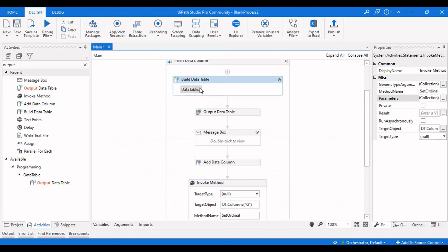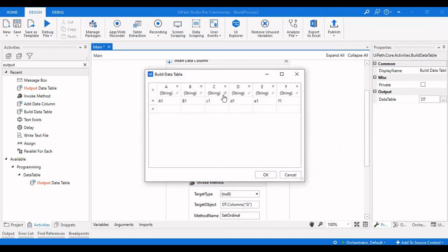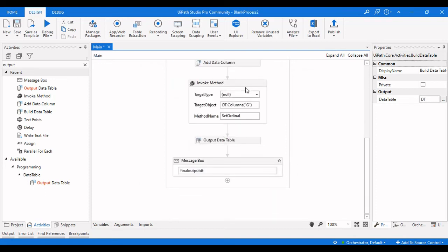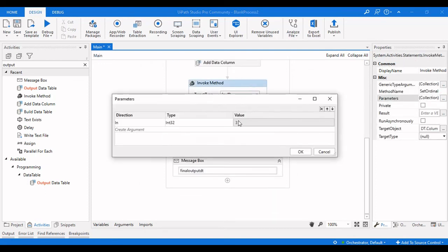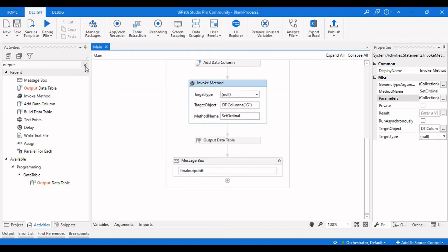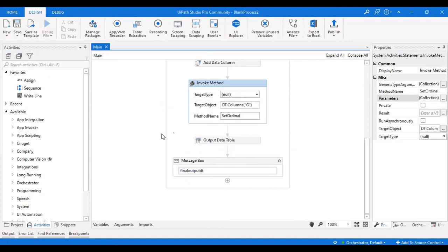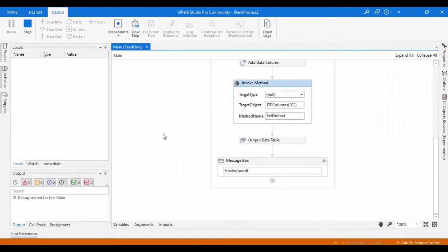Let me show here. It is considered as 0, 1, 2 and 3. 3 is in between C and D. The position of D is 3 now, so it will replace that and then continue with D, E, F. So that is where we need to take the parameter value. If it is 4, it will come after the D. So first let me run this workflow and check whether it is working perfectly fine or not. Later on we can see how the SetOrdinal integer value will change the column position after D or after C.